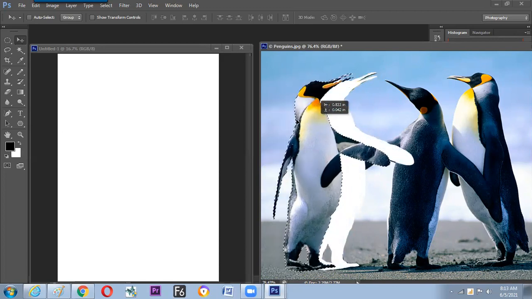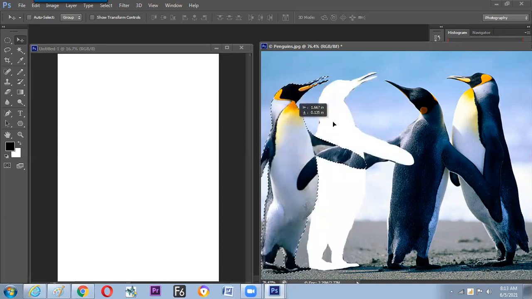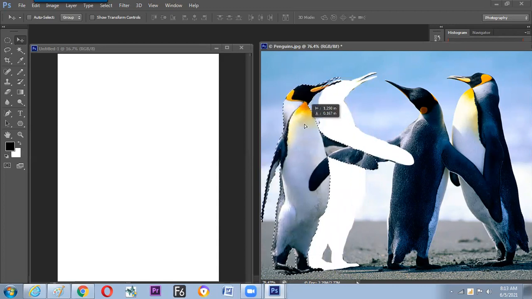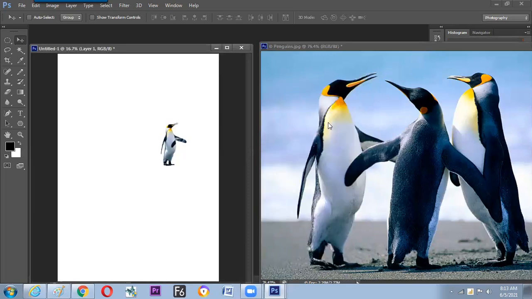If we leave in the middle, the software understands we need to cut it from here to here, and it makes a blank space. But instead of moving and dropping over here, we can drop in the other canvas. Then the software will feel like we need a copied version of it. And the original will be there and the copied version comes up. So here you can move anywhere.